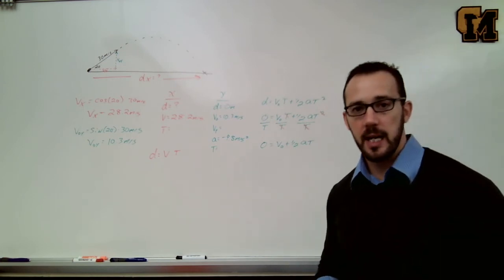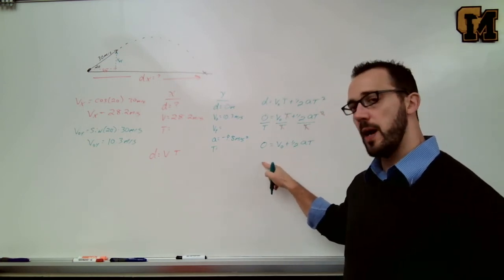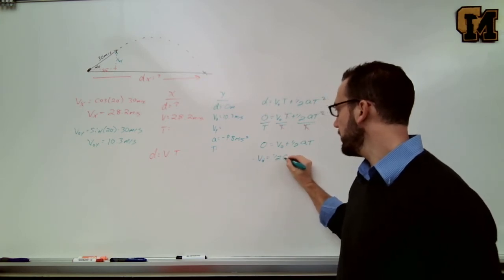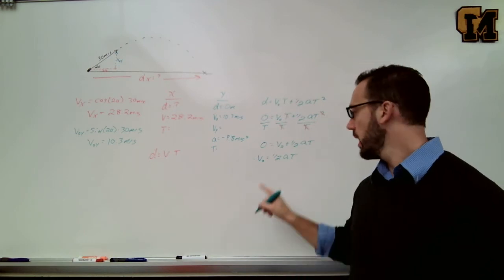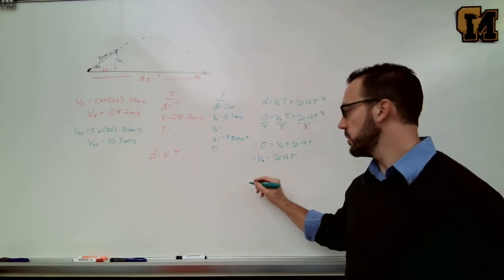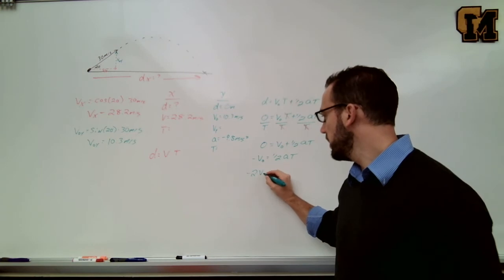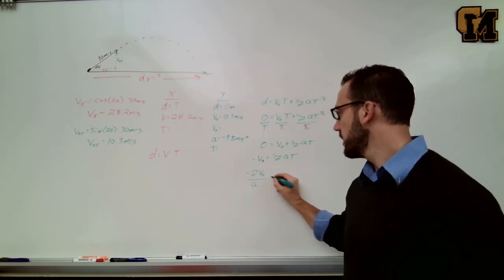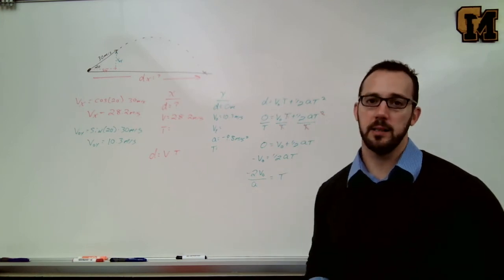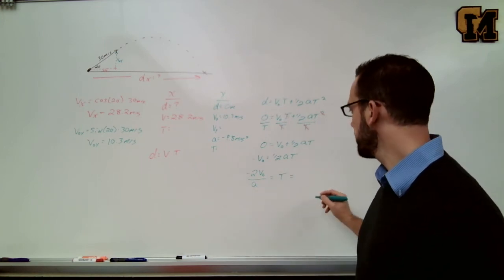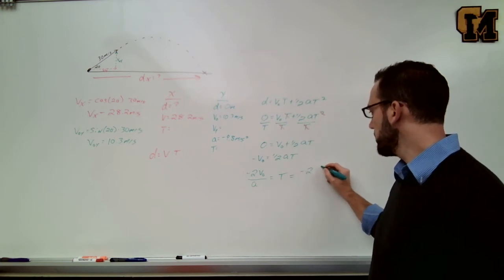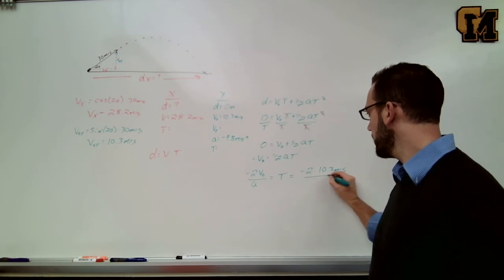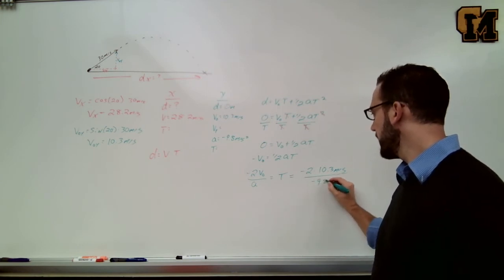I'm now going to solve for time. By rearranging a little bit, I'm going to subtract the v naught over. So negative v naught equals 1/2 a t. I'm going to get rid of the half by multiplying by 2. So that's going to give me negative 2 v naught. And I'm going to divide the a over to the left side. And that gets me t all by itself. I can plug my numbers in. Negative 2 multiplied by v naught, which is 10.3 meters per second, divided by negative 9.8